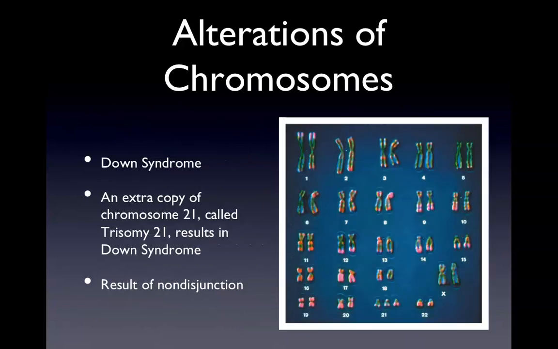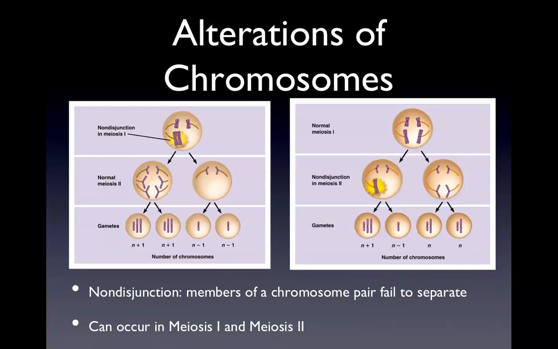We're going to focus on the chromosomal ones, so altering something within the chromosomes itself. One of the examples we already talked about, here's a karyotype, here's that trisomy 21, so here's 3 of the chromosomes instead of the 2 you would typically expect. This is Down syndrome, okay? Down syndrome is the result of something called non-disjunction, all right? So what does that mean? Non-disjunction happens during meiosis, okay, and it can happen in meiosis 1 or meiosis 2 when we go through anaphase,